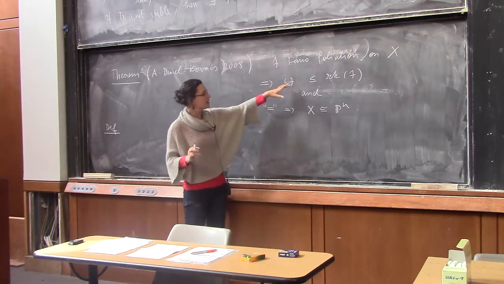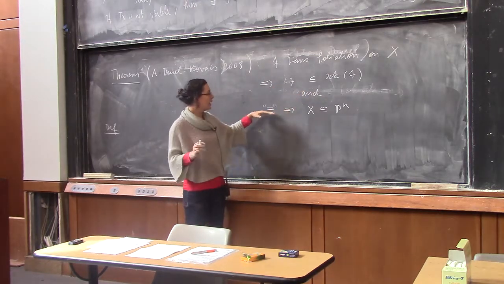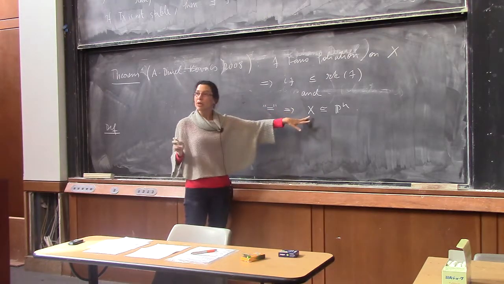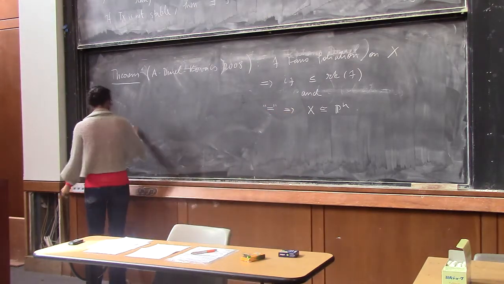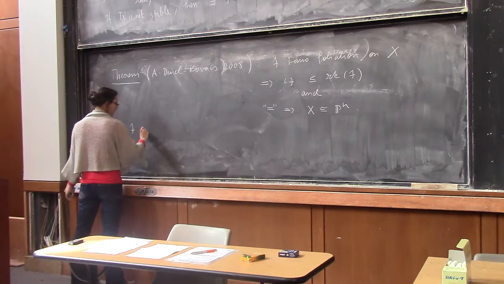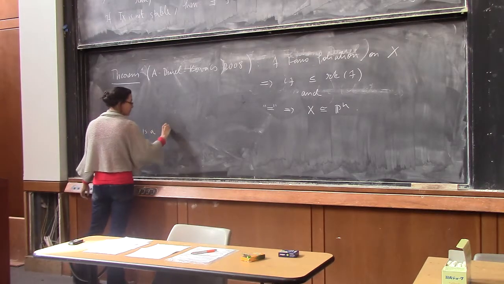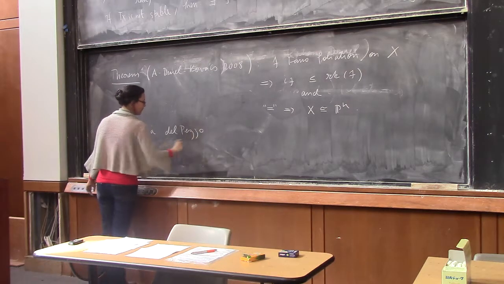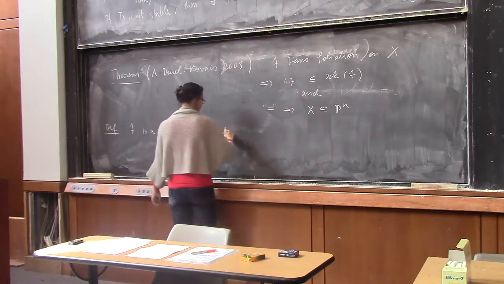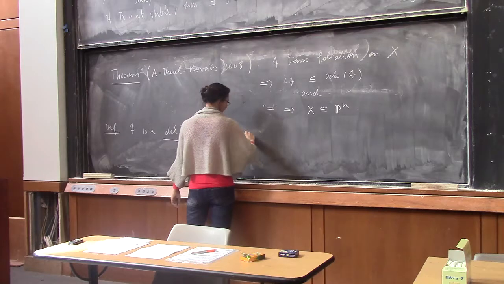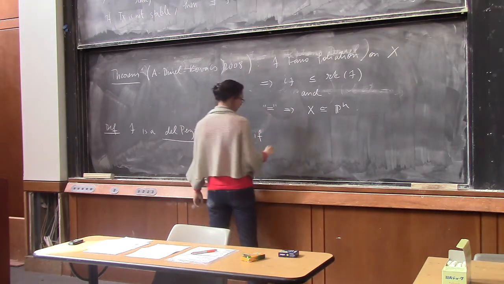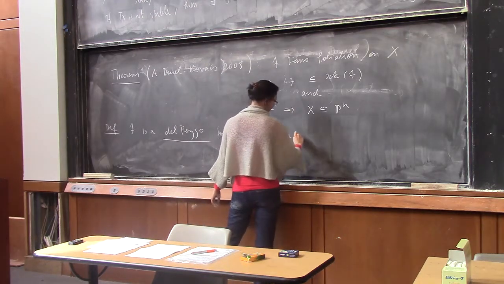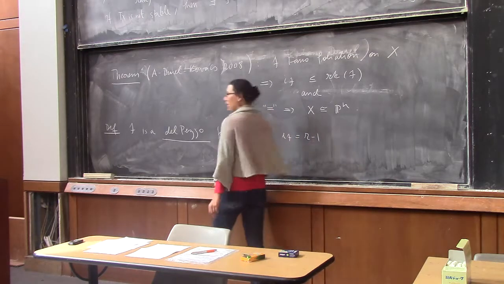So the index is bounded by R, and if equality holds, we are in the case of P1. So now I will define F to be a del Pezzo foliation